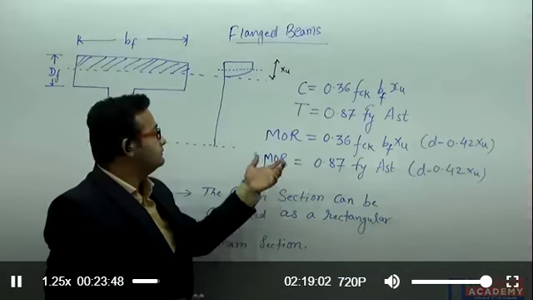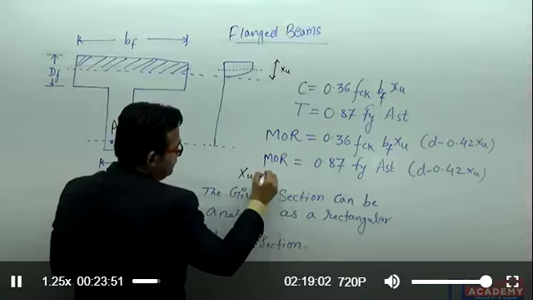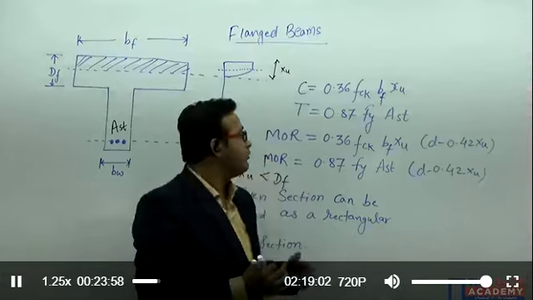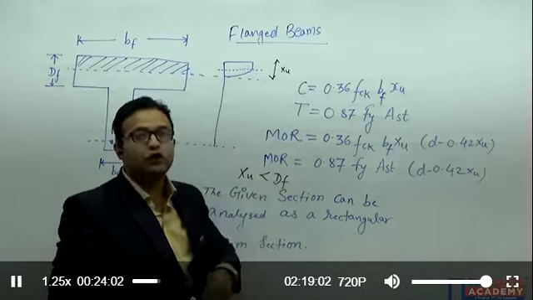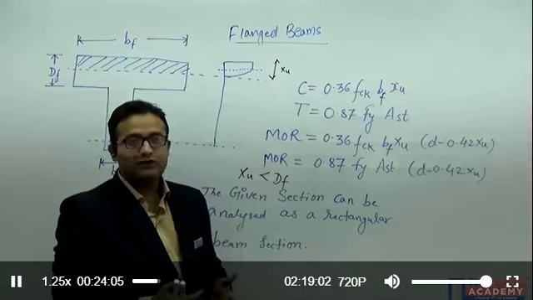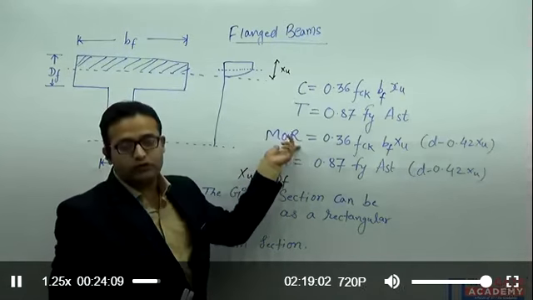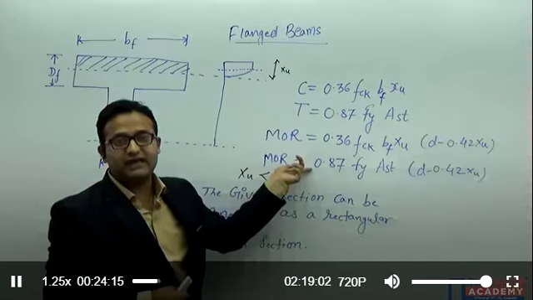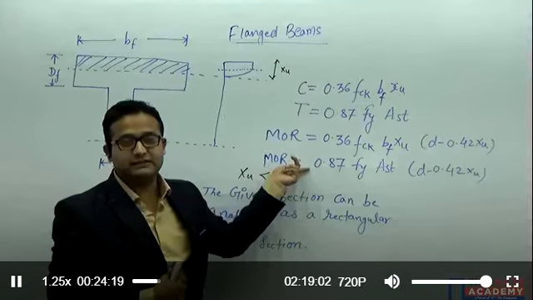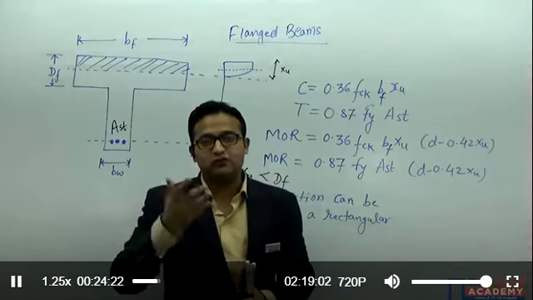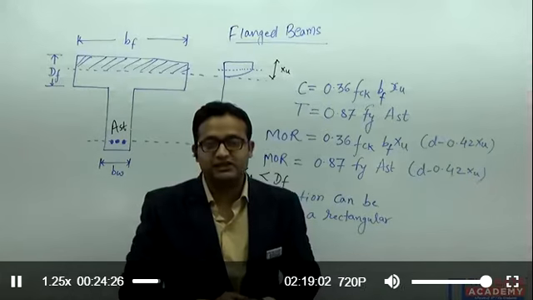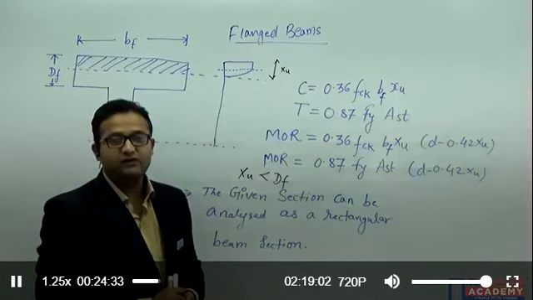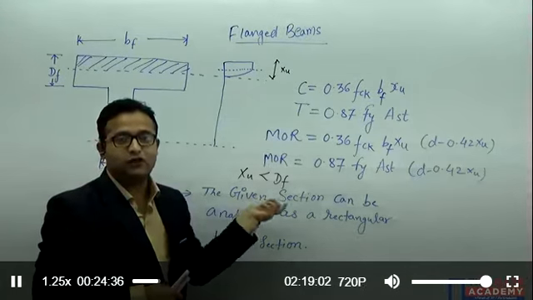So suppose the depth of the neutral axis is less than the depth of flange. Now easily you can analyze the given section as a rectangular beam section, and we can calculate the moment of resistance. But suppose we want to design the flange beam. What do we need to do? We can put the moment of resistance equal to the applied bending moment, and calculate the area of Ast required using the formula. Already we have discussed in the last lecture how to calculate Ast. We have a number of formulas to calculate the area of reinforcement for the balanced section. So from there we can design the flange beam also, only in that case where the depth of the neutral axis is less than the depth of flange.